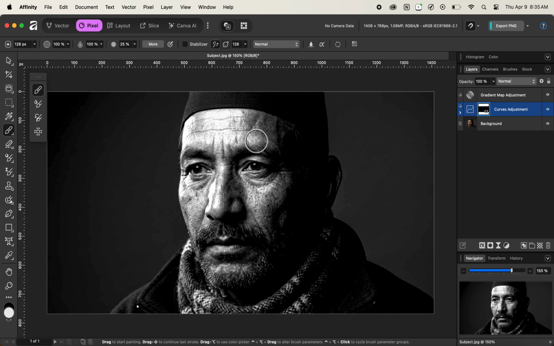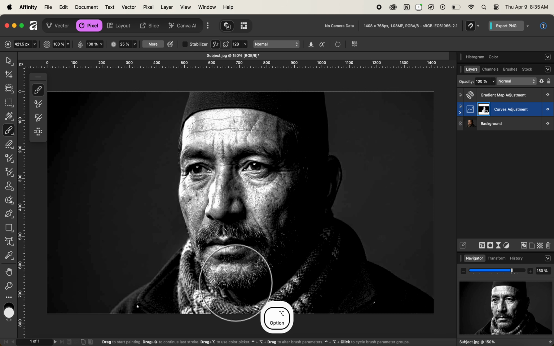Now, first of all, let us increase the size of the brush again by using the shortcut key of Ctrl plus Option and then clicking and dragging all the way to the right to increase the size of the brush. And now let us brush over these areas like so. So we want to brush over these areas to bring in those white effects as well inside of this black